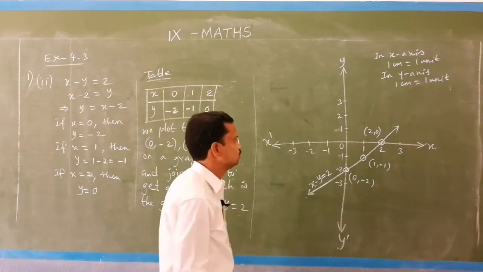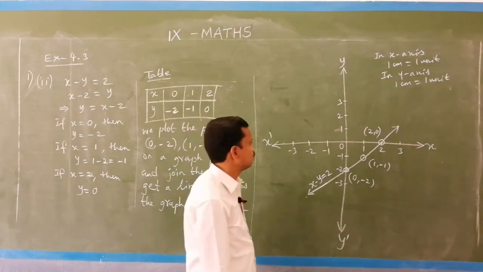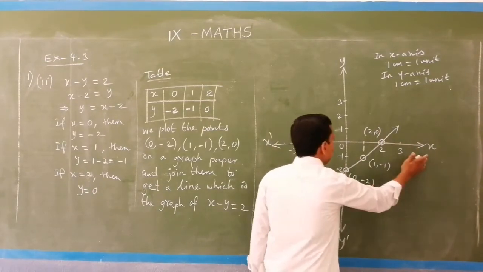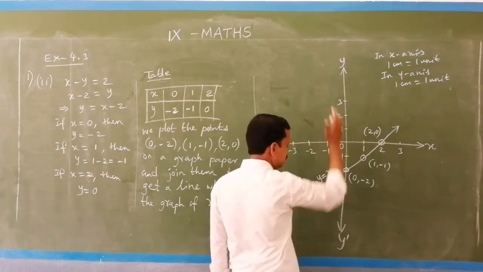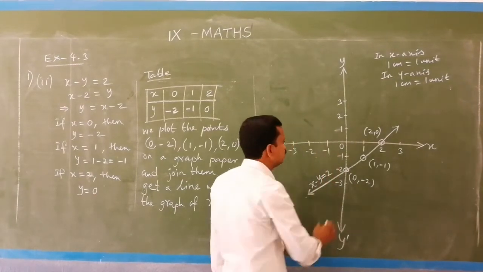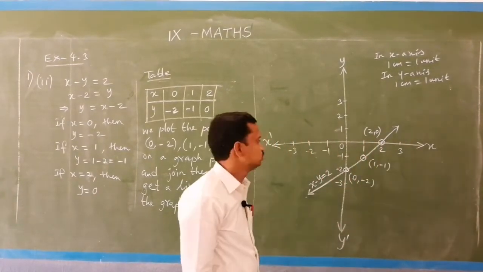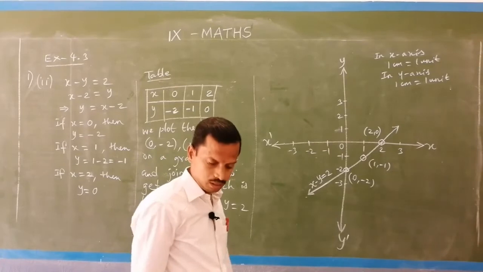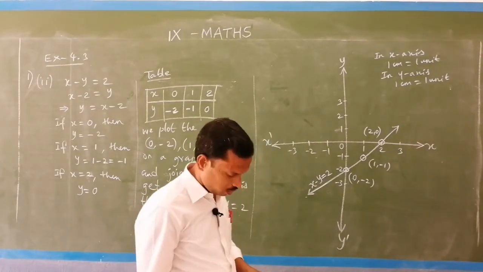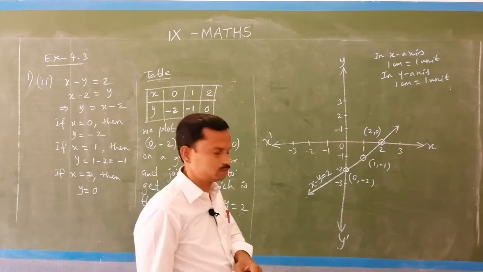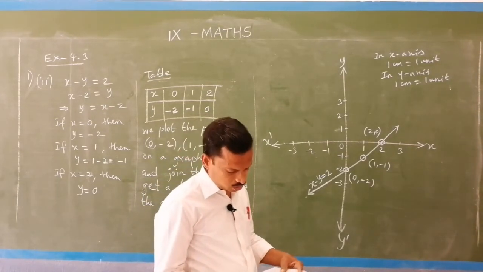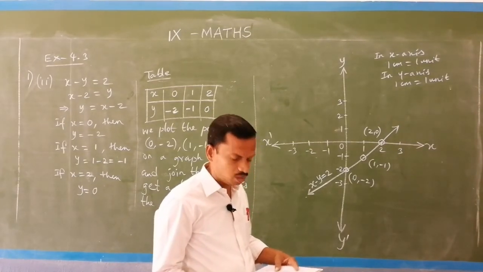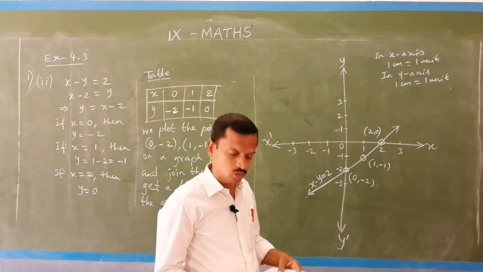So, that is all. This is what you have to do on the graph sheet, and you have to write the scale, and do not forget to write the axes and their names: x, x dash, y, y dash, origin, everything, and then join. After plotting the points, you join them and you get the graph of the given linear equation. So, this is the way you have to do. And option 3, y equal to 3x, and option 4, 3 equal to 2x plus y. These you can do by yourself as homework.